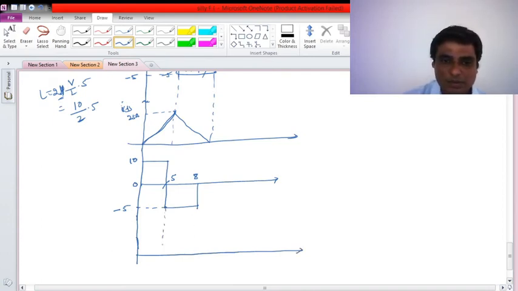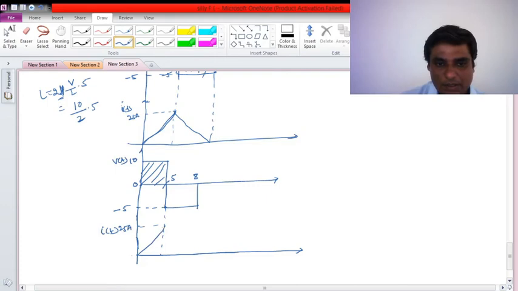Let us see now. So here this much volt-second has been applied. How much is 10 into 5? It will be 50, divided by inductor value 2. So it will be 25 ampere, this current. This is voltage. So current is linearly increasing up to 25. Then this much volt-second has been applied, so this is 3 seconds and this is minus 5, so how much area under the curve? Minus 15.